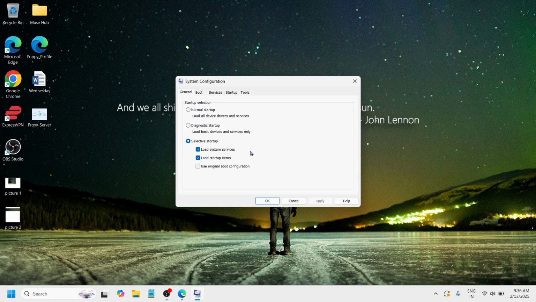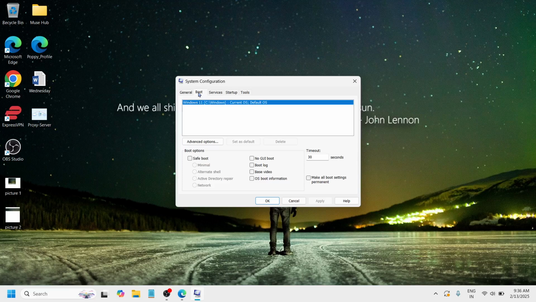Okay, so the moment you click that, you will get a new window which says System Configuration, and it has different options. It goes with General, Boot, Services, Startup, and Tools. In this manner, we need to go for the second option, which is Boot. In my case, you can see here I have only one Windows or operating system, which is my